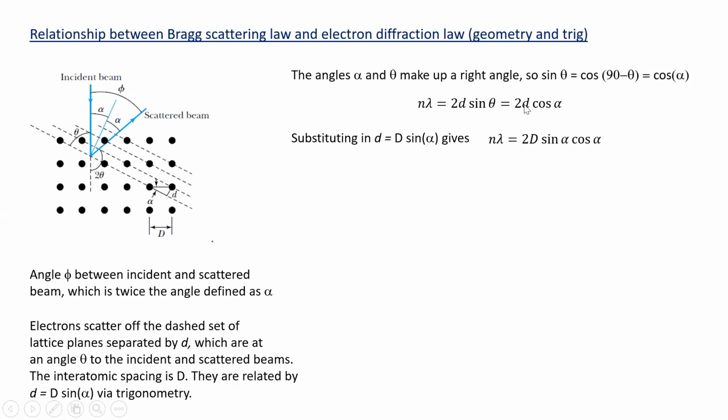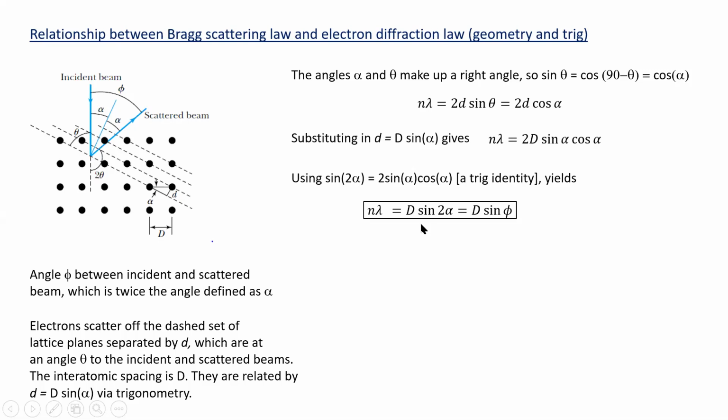So I've just substituted in big D sine alpha for little d. Then there's a trig identity that says the sine of 2 alpha is 2 sine alpha cosine alpha. And we can see that we have that here, 2 sine alpha cosine alpha, times D. And 2 alpha is phi. So we just get n lambda equals D sine 2 alpha, or D sine phi. And so this is the electron diffraction